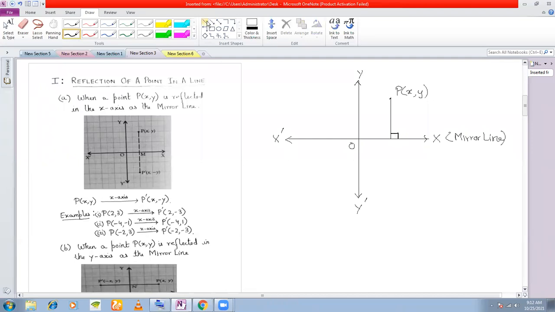And then from here, you extend this line up to the same distance that you had here. Suppose this distance you measure as, let us say, 3 units. In fact, why 3 units? This point is P(x, y). So how much should this length be? This should be y units, right? This is your x units.